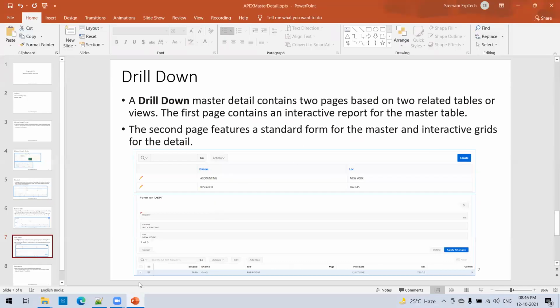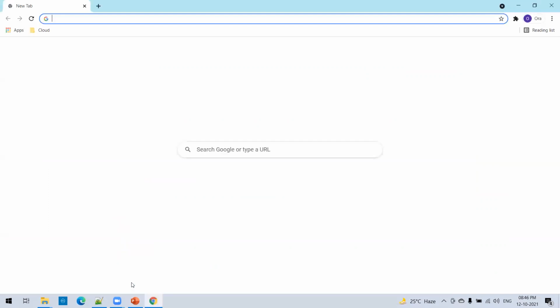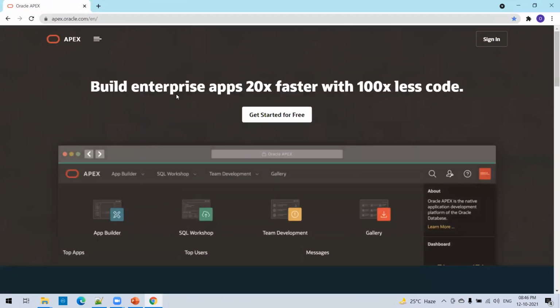Let us go to the Apex instance now. Let me open my Apex instance. Okay, let me sign in.